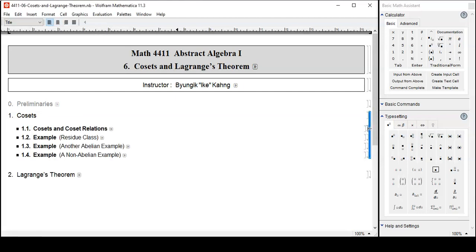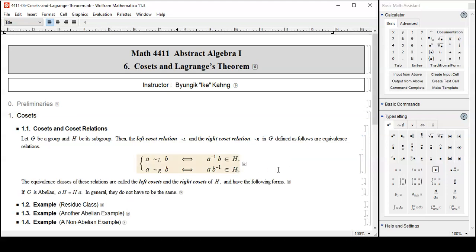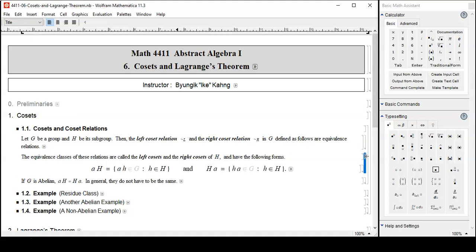Previously, we studied the theory of cosets and coset relations. First, we established the left coset relation and the right coset relation like these. The inverse comes to the left or to the right. That was the distinction. Either way, we proved that both were equivalence relations. Both are equivalence relations, and consequently, we can consider the equivalence classes of both, and it turns out the equivalence